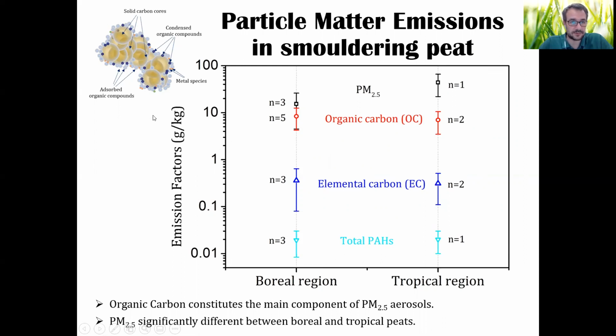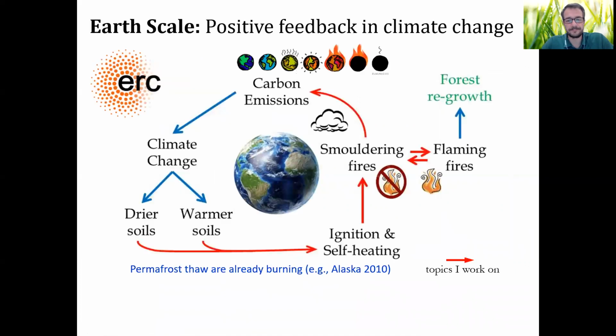At the end, we can actually draw this sketch of what would be a particle from a smoldering peat fire, where you have a complex core of carbon molecules that have been plugged together, and then other, more complex components have been absorbed or condensed, and even some metals might be present there. It's a very complex molecule, very small, that can go deep into our bodies. And with this, I'm just finishing.